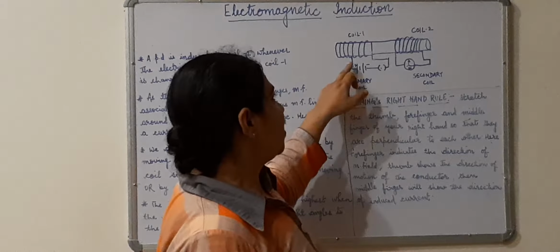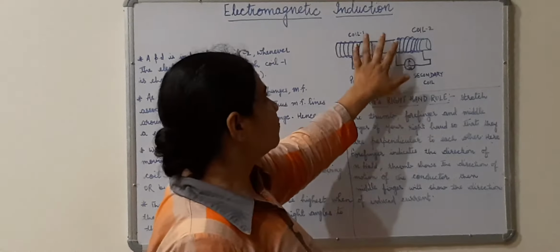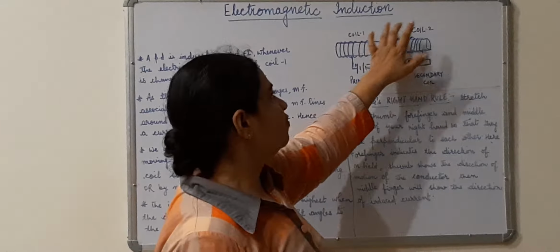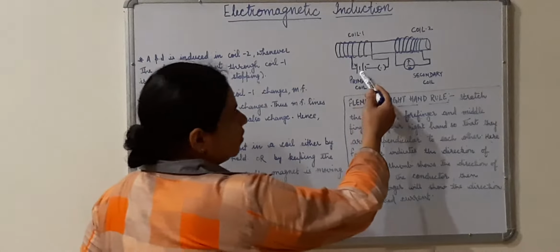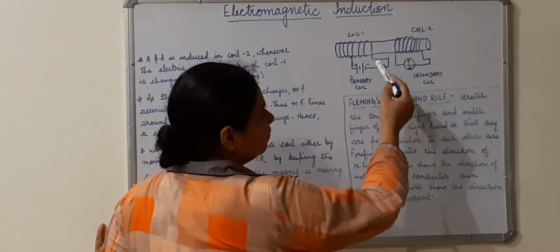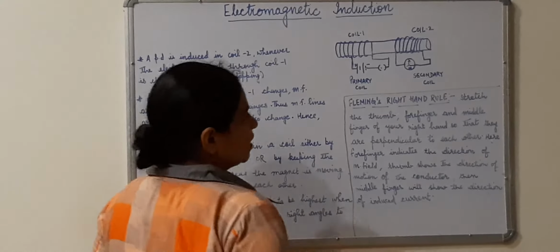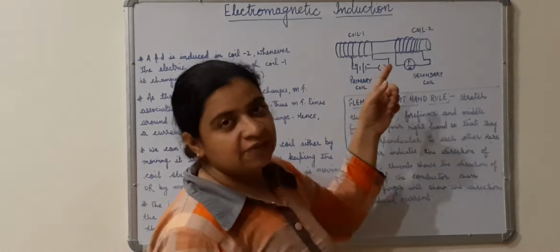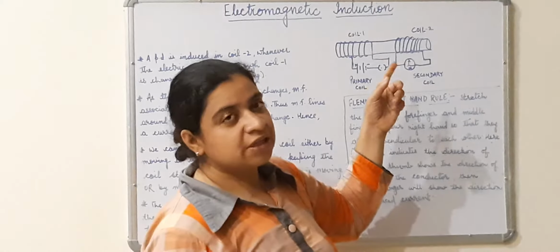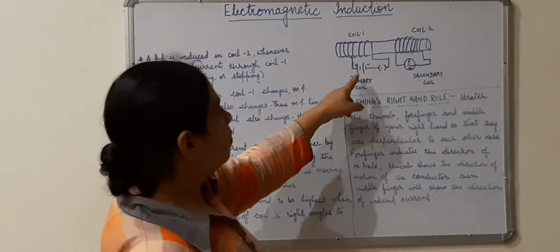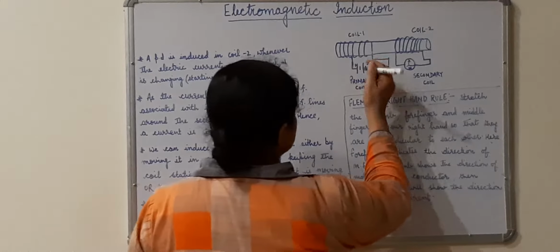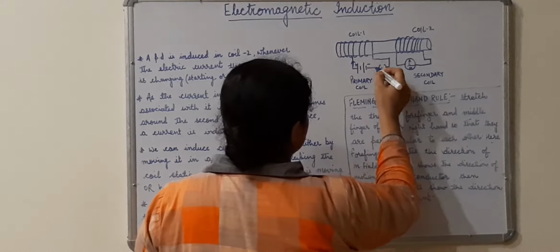In this case, we have taken two coils. One we have named as primary coil or coil 1, and the other secondary coil, coil 2. Primary coil is connected with a current source, that is a battery, and then we have a plug key. Secondary coil we have connected with a galvanometer, that will show us the presence of the current. Now on passing the current through this coil, when this battery is switched on,